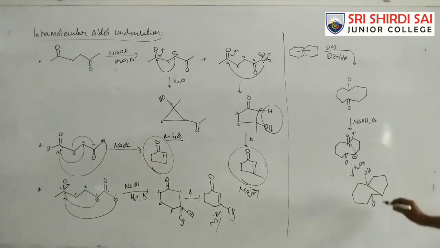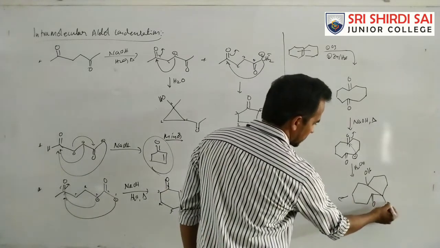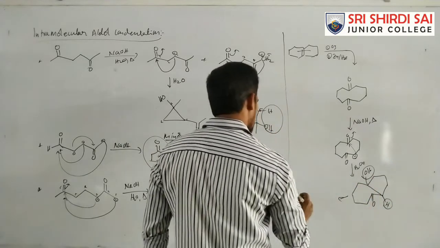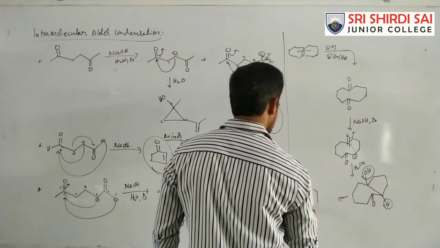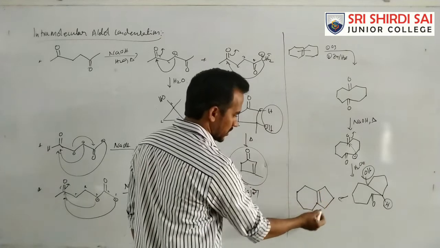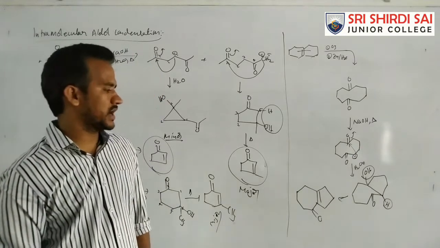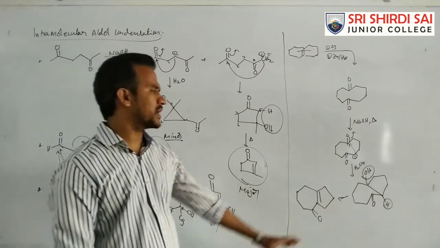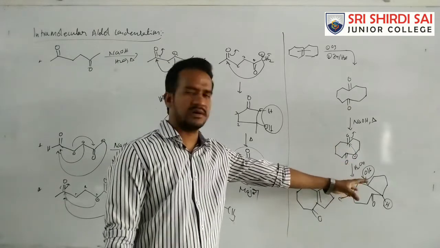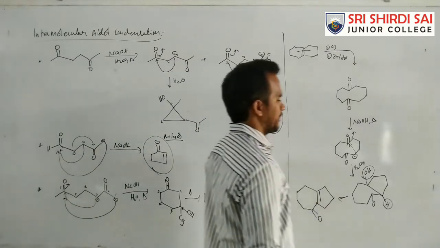Okay. So what is the size of this ring? 1, 2, 3, 4, 5. Here in this case 1, 2, 3, 4, 5, 6, 7. So see, a 7-member ring and a 5-member ring. Okay. Next here, loss of water molecule. So on one side we write the 7-member ring, on one side we write the 5-member ring, right. So a double bond here, a double bond. That's it. That is a major product. Intramolecular aldol condensation. Okay? Just the carbon attacks and we write the CC bond, but the size of the ring, if we carefully give the numbering, it is easy. Okay, that's it.